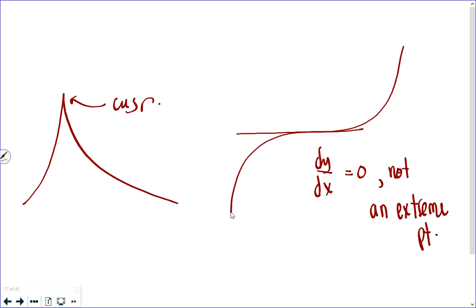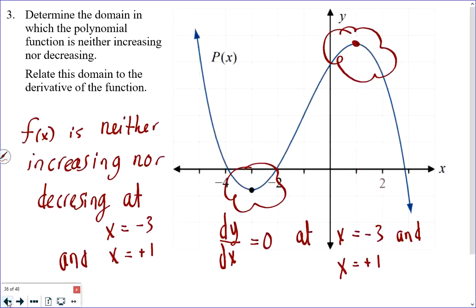So I wanted to spend a few minutes talking about that. I think you understand the gist of questions 1, 2, and 3. But I don't want you to draw any invalid conclusions. I don't want you to build some misconceptions on this. All we're doing is where is it increasing, where is it decreasing? And it happens to be, well,